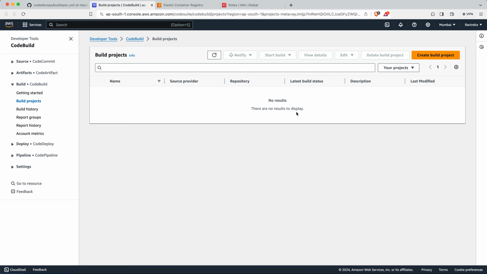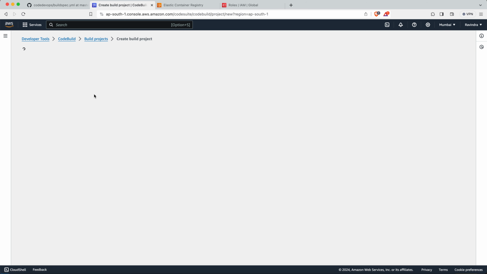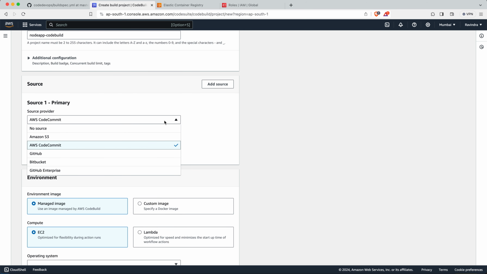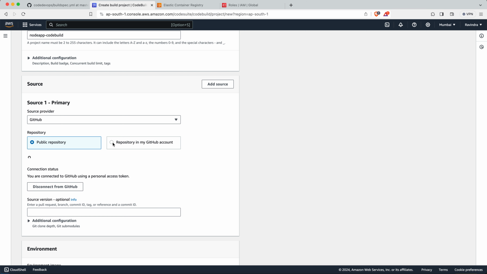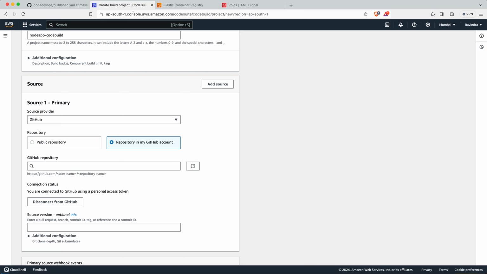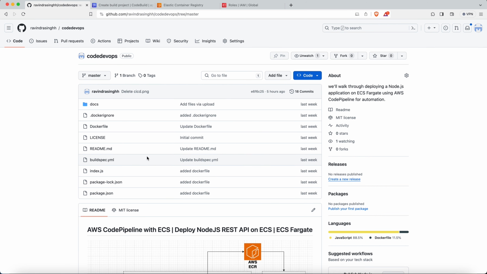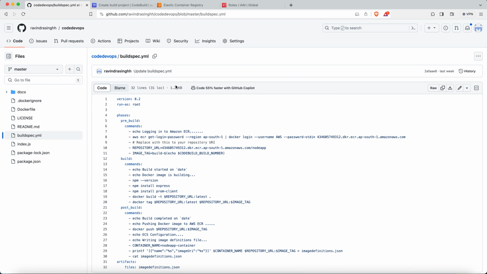Then let's go to the CodeBuild project. Click on create build project. Give a project name called node app code build. Then here we have to choose our GitHub provider, and we have already authenticated our GitHub using the personal access token. This is my GitHub repository where I have pushed my code with my Dockerfile and the buildspec YAML file, which I will explain later in this video. Let's copy this URL